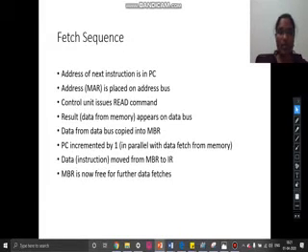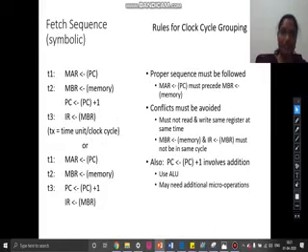Now the sequence that is going to happen in this fetch cycle, we can see in these micro operations. In the fetch cycle alone we have three steps happening at times T1, T2, T3, and it has four micro operations. We can see that in time T2 there are two micro operations. Each of these is a micro operation.